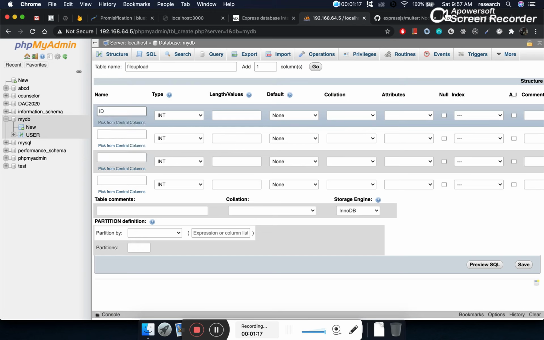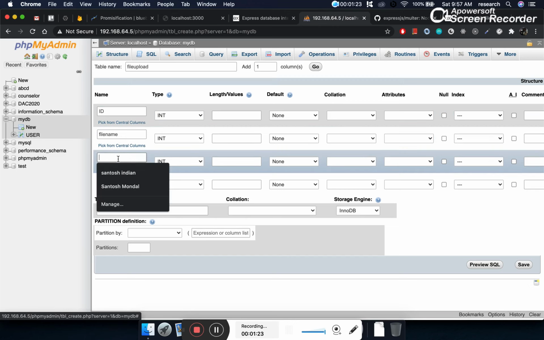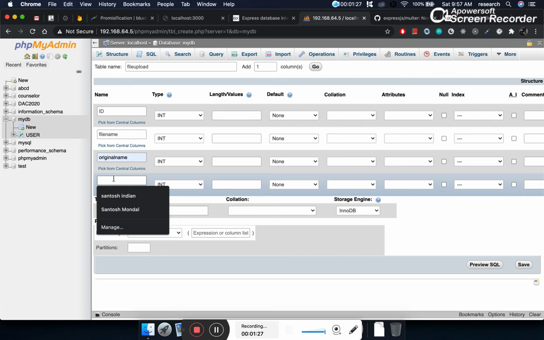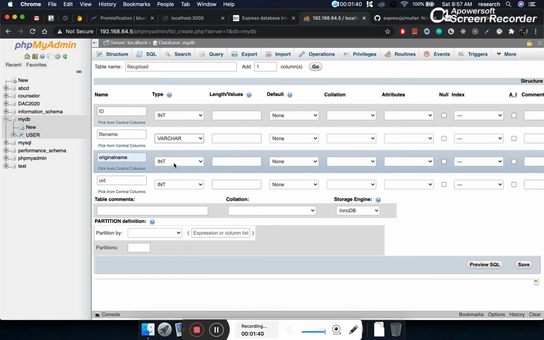And here I am creating a few columns. The first column is ID. The second column is file name, the third is the original name, and the fourth is the UID, in case you are also storing the user ID, that is, who is uploading this image. Probably this will be an integer, so let it be int, and let's make the others varchar.